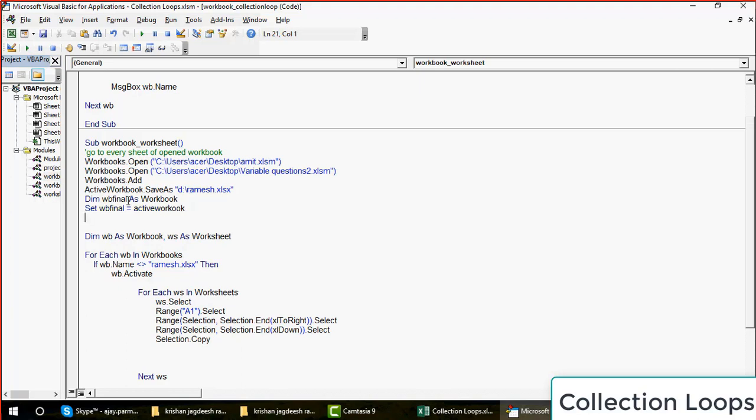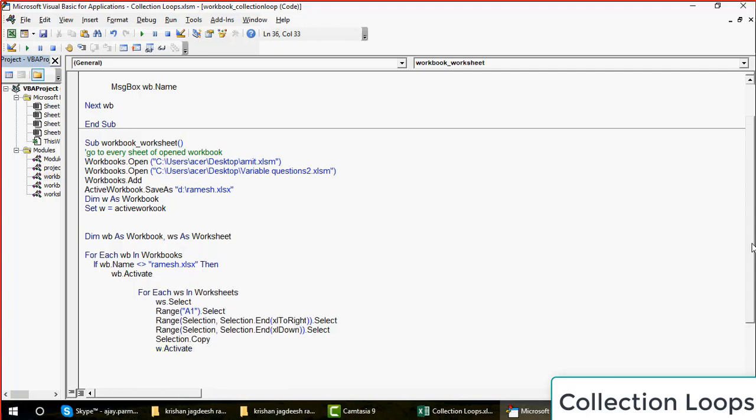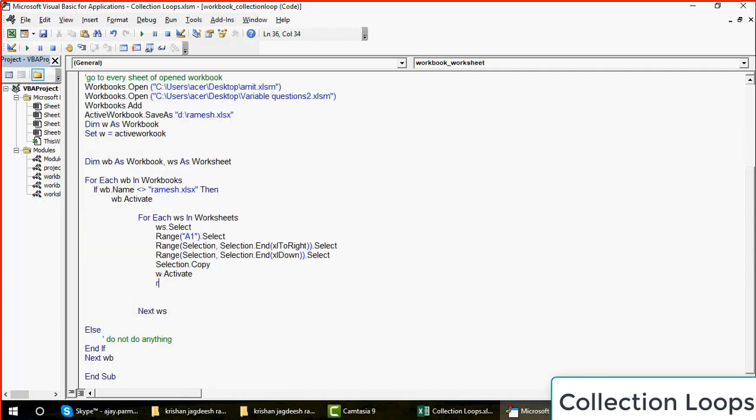This will help us. Or maybe, guys, I just create it as w. Let's keep it simple. w is Ramesh now. So here I simply go and select the Ramesh. So easy for me, isn't it? And then when the Ramesh comes, you say Range("A10000").End(xlUp), offset it by one row. I'm writing offset in a single line now.